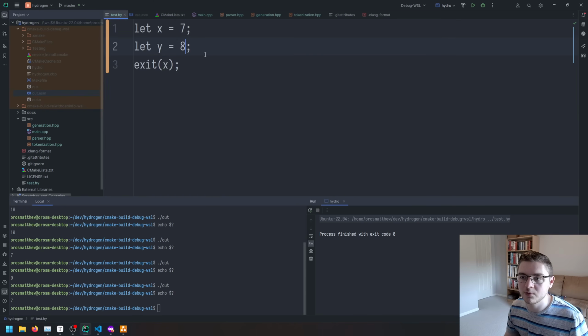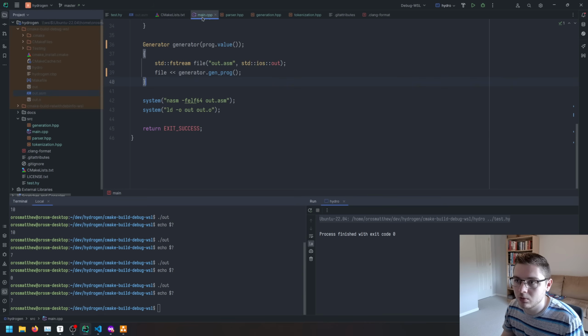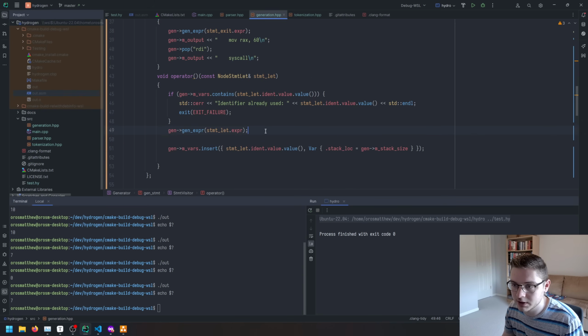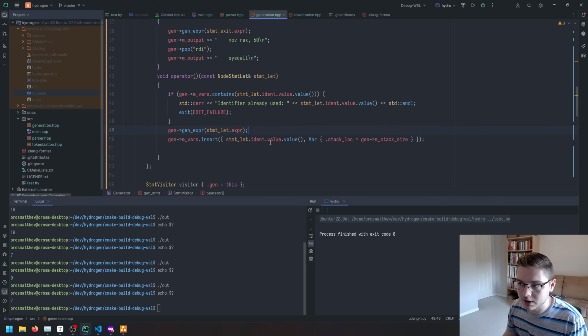Okay, so if we were to do this, then when we're generating the second line, it will evaluate x, which we haven't written the code for yet, but we will. And then it will take the value of x, which is 7, and take a copy of it because it's further into the stack, and then put a copy of it on the top of the stack. And then we're going to assign it in our map of variables, so that location is now the y variable. So we're giving it a name. Okay, so in our generation, we generate the expression, we can insert it here,